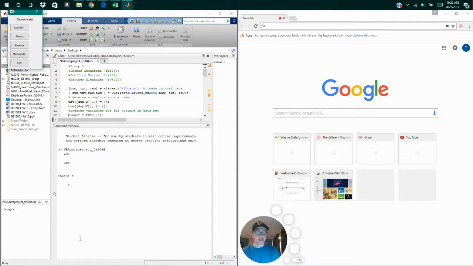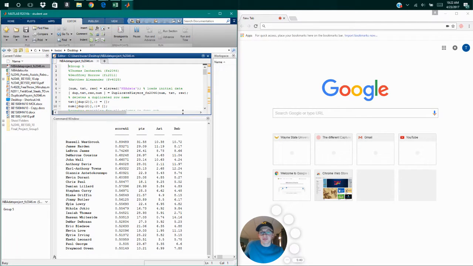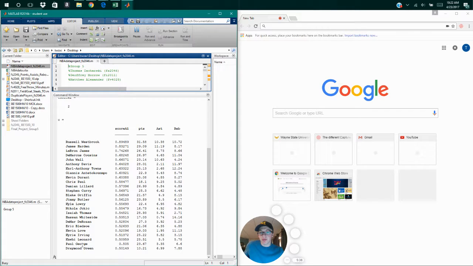Now, once we've done this, we're going to select one of these, and it'll bring us to another menu. It'll say pick length of list, and this is simply giving you the top 10, top 25, top 100, or all of the players in the NBA. So we click Score A1, let's just do top 25 for this one, and here you'll see it gives you a list of the top 25 players in the NBA based on their score A1,